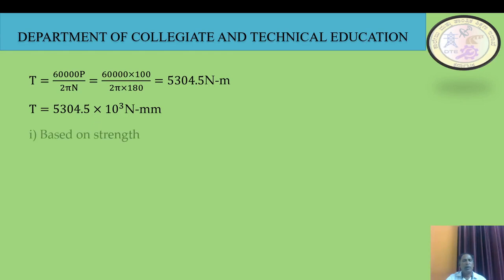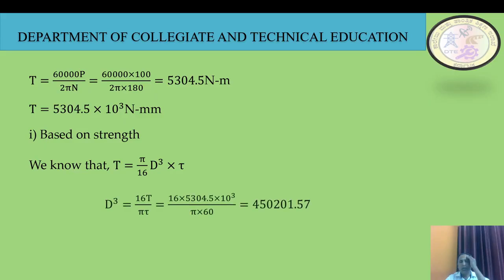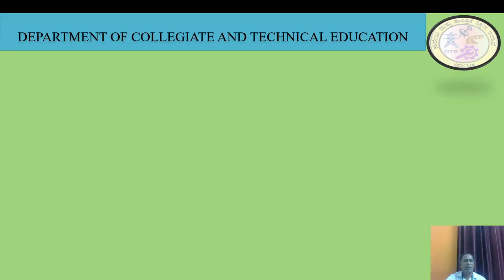Now based on strength, as the torque transferred by the solid shaft is T is equal to pi by 16 d cube into tau. So therefore d cube is equal to 16 T divided by pi into tau. By substituting the value of T, torque transmitted, and the shear stress, we will have the value of d cube as 450,201.57, and then d is equal to 76.64 mm. Based on rigidity,